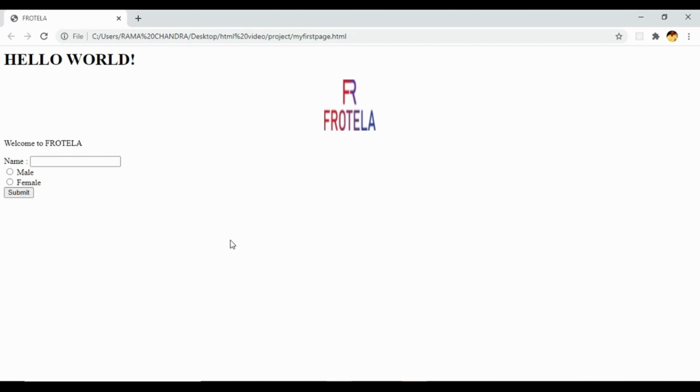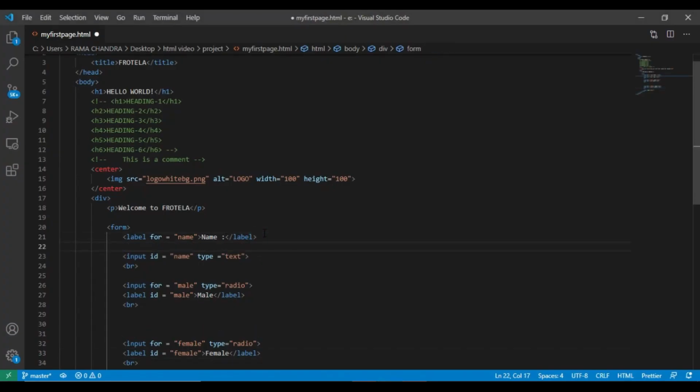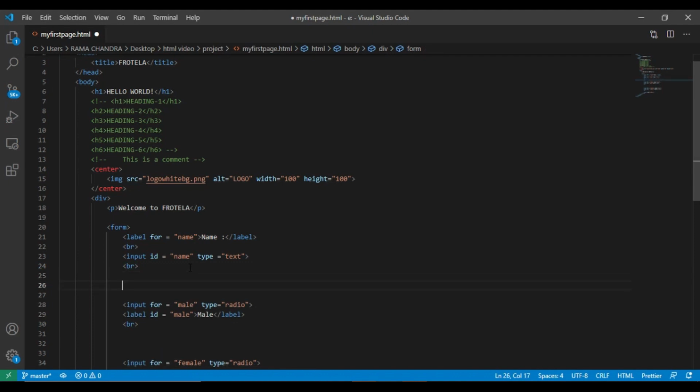Yeah, it is fine. Let me also break this name and text input field, and also label this male and female as gender. Let me break it and let me label here as gender.